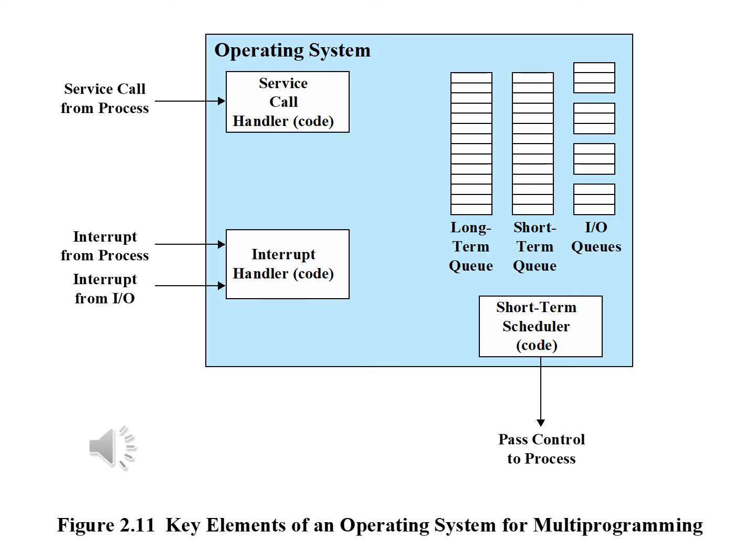The long-term queue is a list of new jobs waiting to use the processor. The operating system adds jobs to the system by transferring a process from the long-term queue to the short-term queue. At that time, a portion of main memory must be allocated to the incoming process. Thus, the operating system must be sure that it does not overcommit memory or processing time by admitting too many